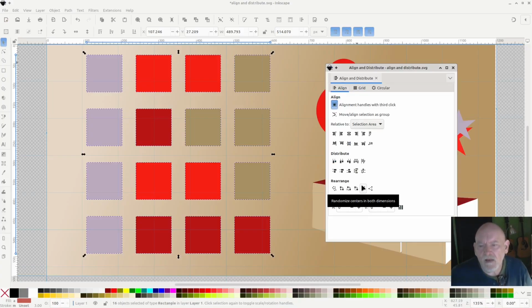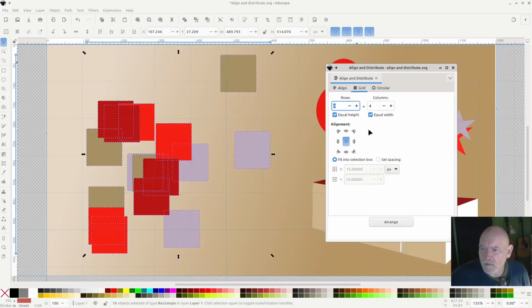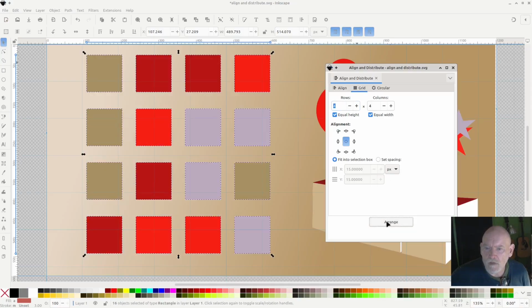Let's say that I wanted to have disorder as opposed to order. Inkscape can allow for that too. So for example, I can use this function, randomize centers in both dimensions, and you can see that it's taken my grid of rectangles and overlapped them and closed them together and randomly arranged them. And now if I go back to grid and I click on arrange, it resets that random placement of those